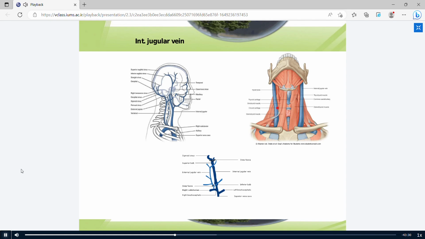Another component of the carotid sheath is the internal jugular vein. The internal jugular vein is actually a continuation of the sigmoid sinus in the skull. After that, it passes through the jugular foramen and enters the neck and the carotid sheath. In the inferior part of the neck, the internal jugular vein joins the subclavian vein and forms the